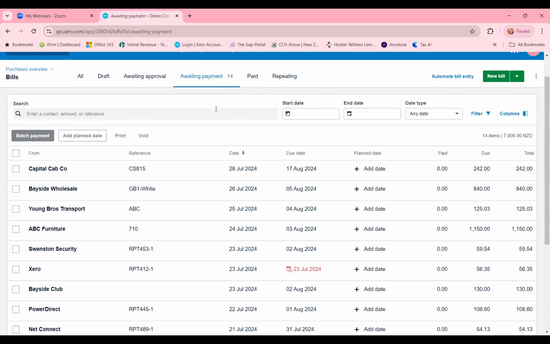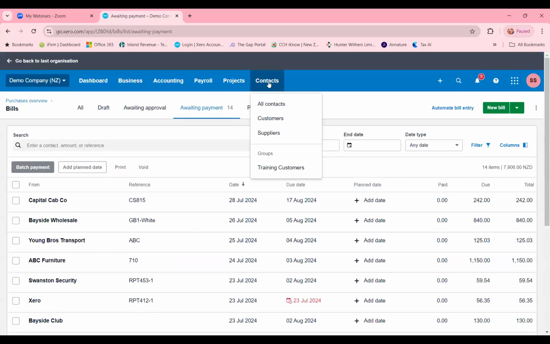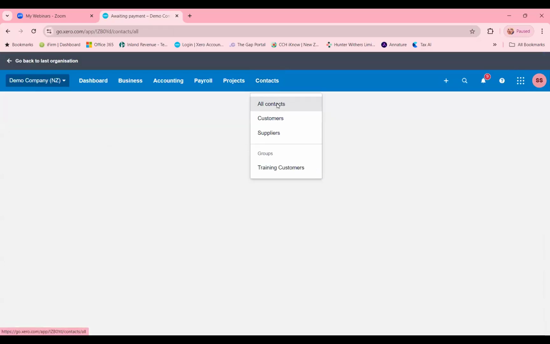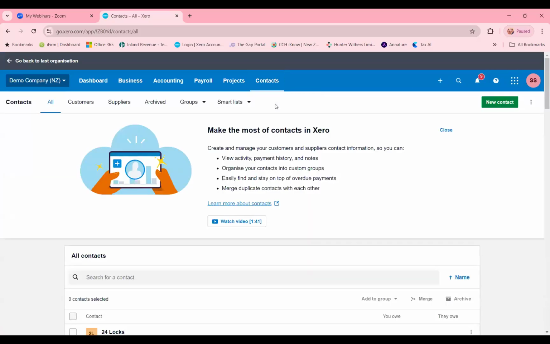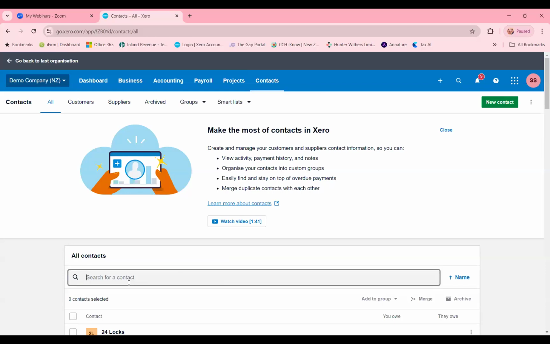And another feature is under the contacts screen. So under all contacts, they have given a better snapshot of potentially where your money is going in and out of the business. And you can see the recent transactions, for instance, like bills or invoices to a particular contact. Now, if we go to Ridgeway University again, oops, good if I spell it right, Ridgeway,